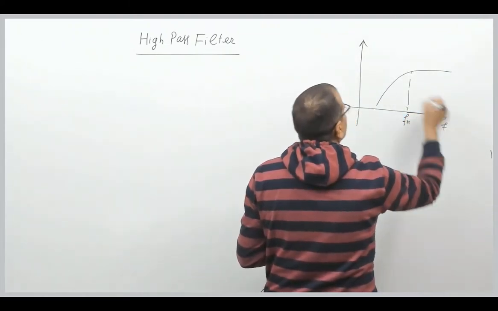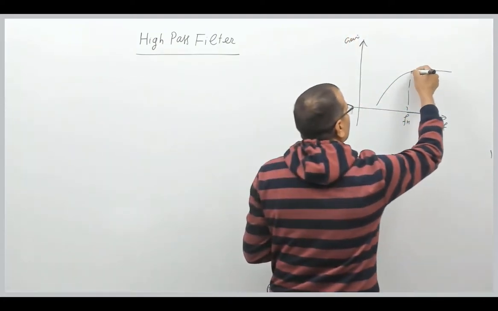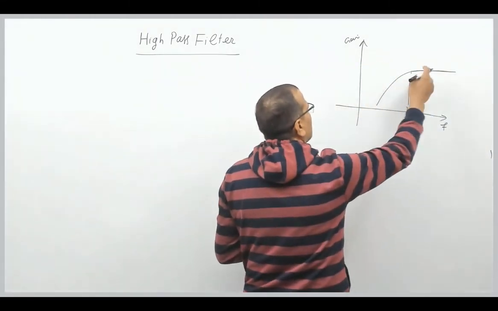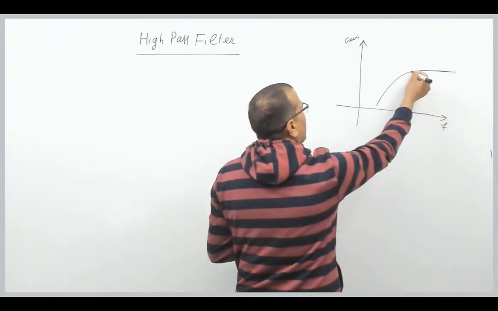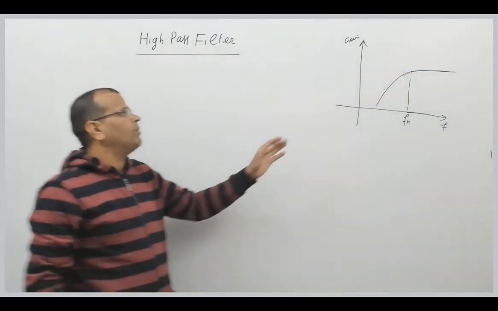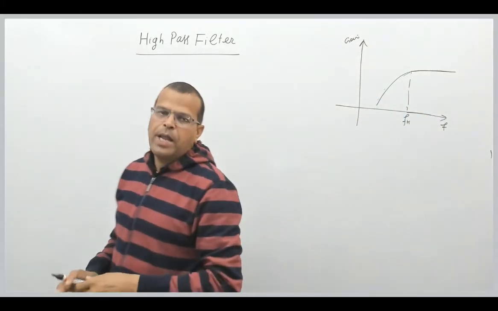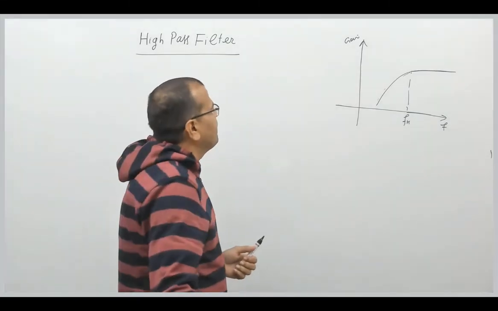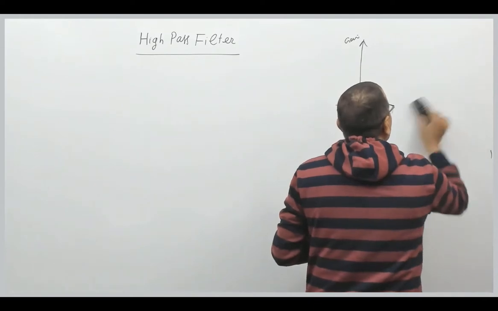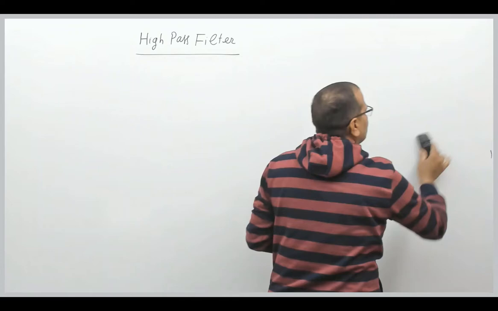This is frequency, this is magnitude, or you can say gain of the filter. So the gain, your transfer function has, or the characteristics are flat beyond cutoff frequency, and gain of the filter reduces below cutoff frequency, right? So filters having this type of characteristics are called high pass filters. Fine. So now we will be having the different circuits which are used to implement the high pass filters, and that is using op-amp.